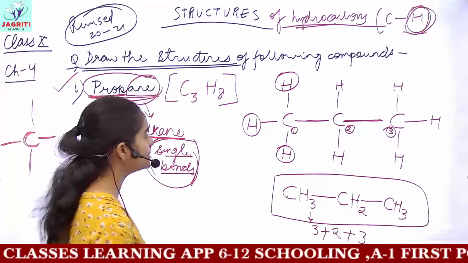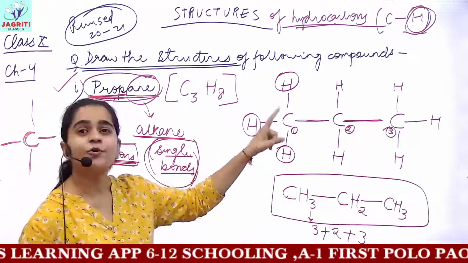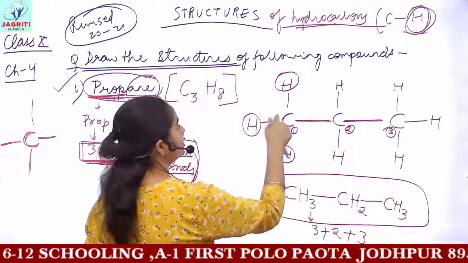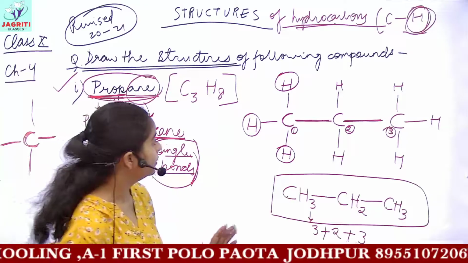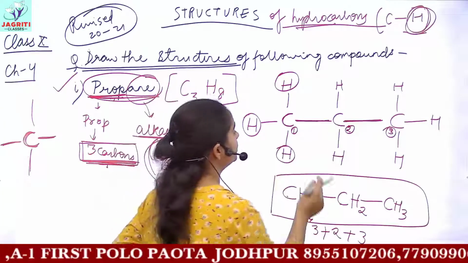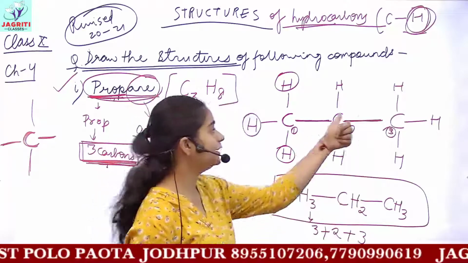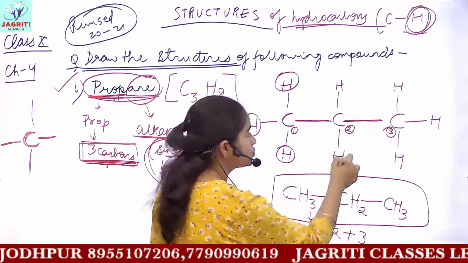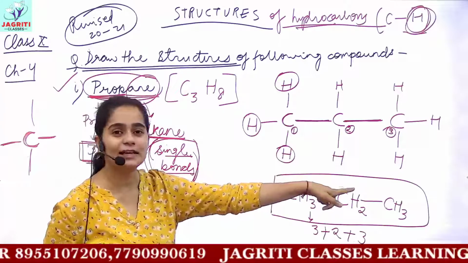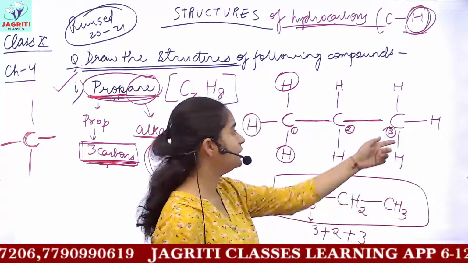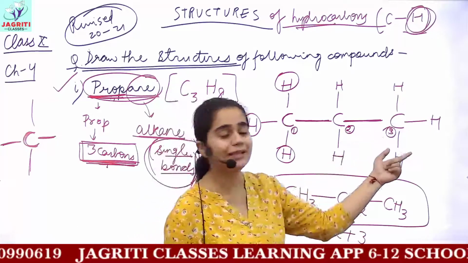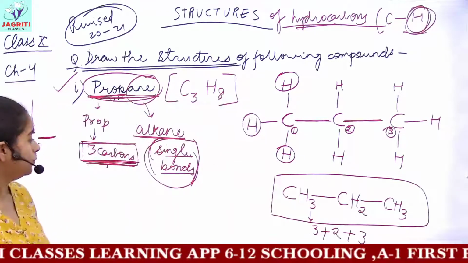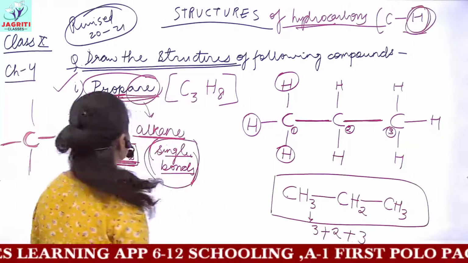I hope you have easily understood this, because we are completing 4 bonds of each carbon. For this first carbon, 1 bond is with the neighboring carbon and the remaining 3 bonds are completed with hydrogen. For the middle carbon, that is your second carbon, 2 bonds are already in attachment with the neighboring carbons, the one present below and the one away, and the remaining 2 bonds would be one with the above hydrogen and the other with the next hydrogen. The third carbon is similar to the first carbon: 1 bond is with the previous carbon and the remaining bonds are with hydrogen. So this is the structure of propane. You can also draw the electron dot structure from this, okay?